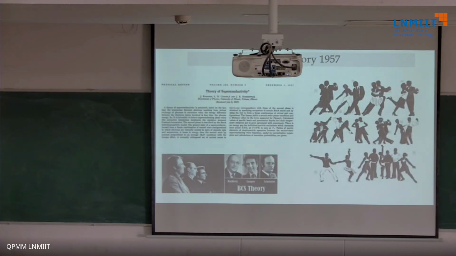So in 1957, these three wonderful gentlemen, Bardeen, Cooper, and Schrieffer, it's actually Cooper's work. Cooper was a PhD student, Leon Cooper. And Schrieffer was his supervisor, and Bardeen was the department chair. So they wrote down this theory of superconductivity. It's one of the finest, and at that time it was a very nice microscopic theory that emerged.